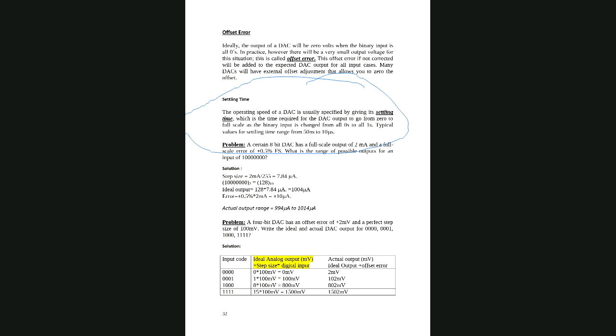Settling time means how much time the DAC takes to give the output after you provide a digital input. We call it the operating speed. So you can see here,